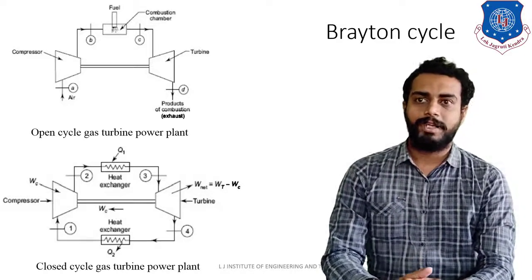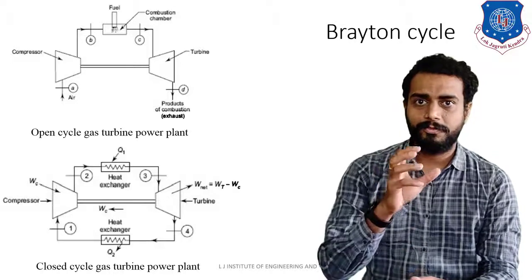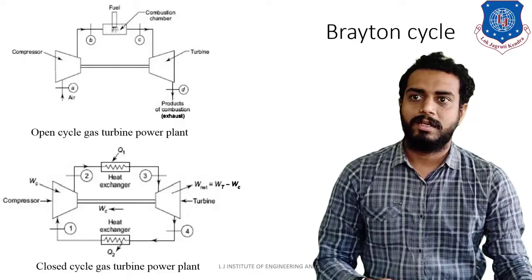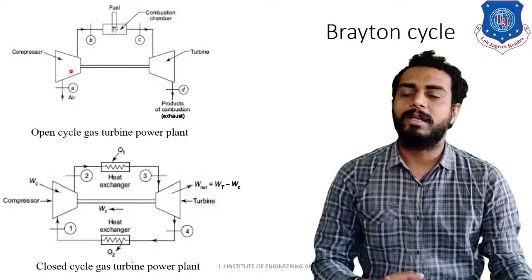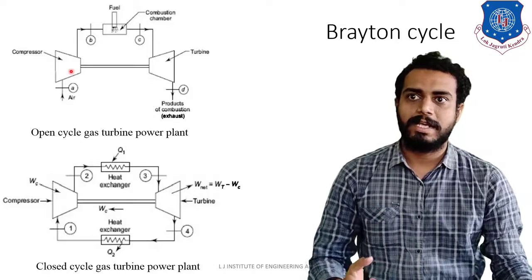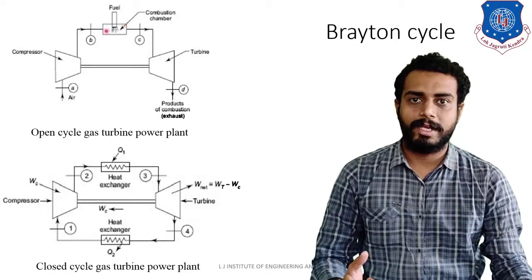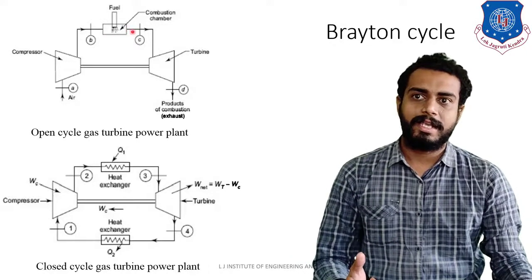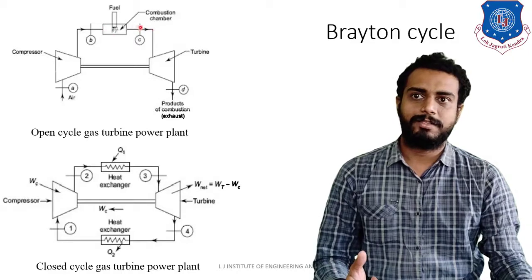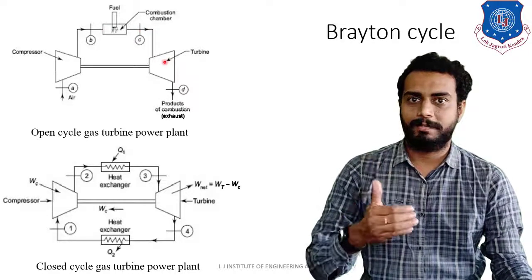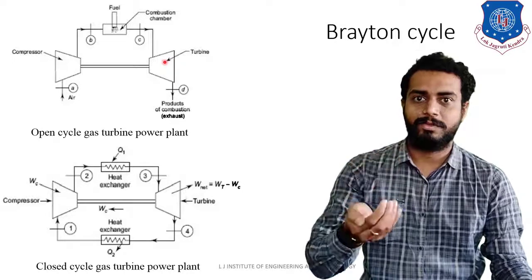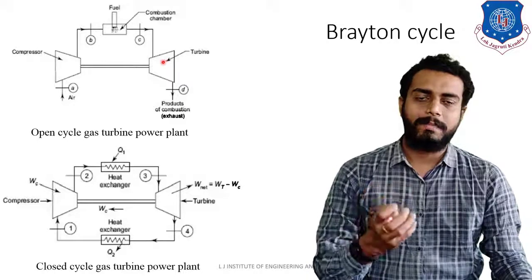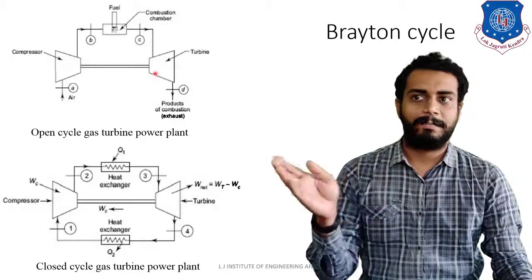Okay, so the very first is very simple. See, the working fluid used over here will be air. As you can see, the compressor will suck the air from the atmosphere, and the compressed air will pass through the combustion chamber wherein it will combust. Further, this product of combustion will pass through the turbine. It will have high pressure and high temperature, obviously, so it will impart energy to the turbine, which will rotate and produce electricity, and partial power of the turbine will be utilized to run the compressor also.